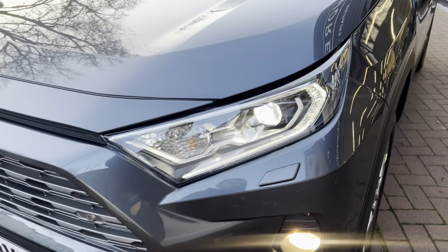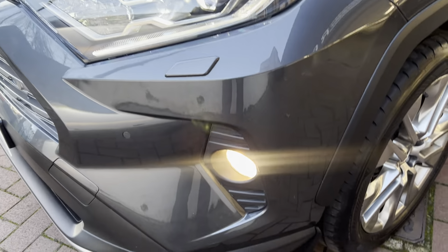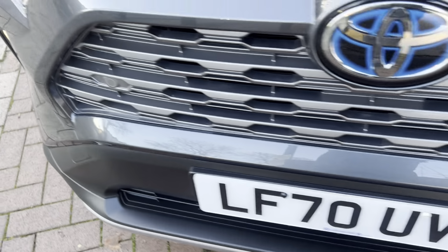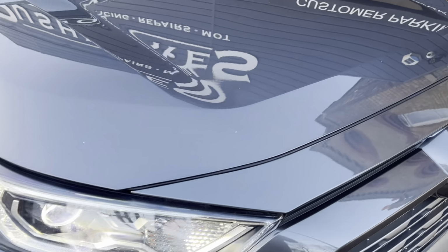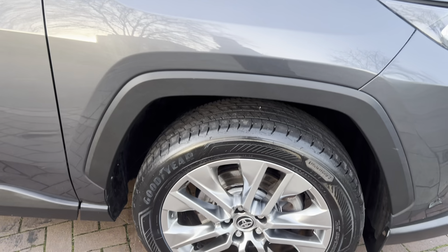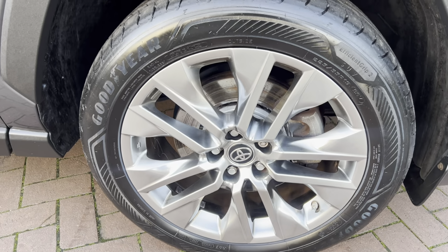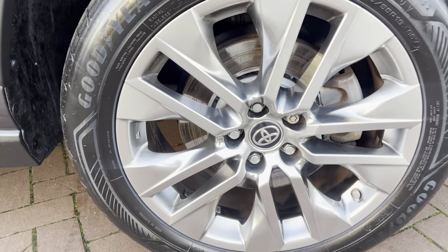So starting off at the front, as you can see, it does have the bi-xenon and LED headlights. It does have the front parking sensors. No sort of major marks or dents on the bodywork as we're going around. Alloys are also in fantastic condition with no marks around. So these are the 19-inch